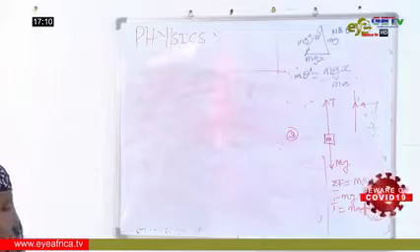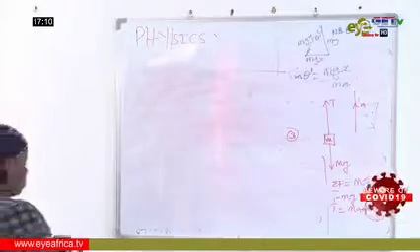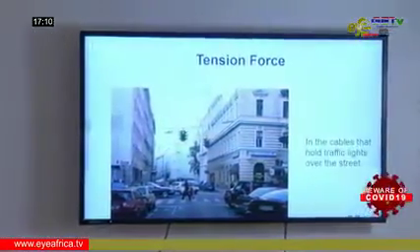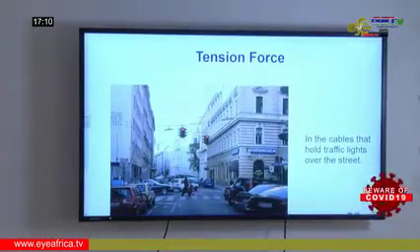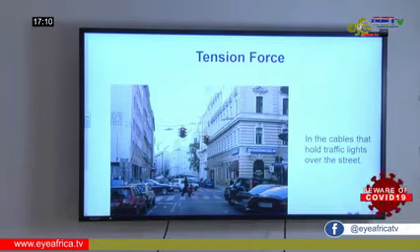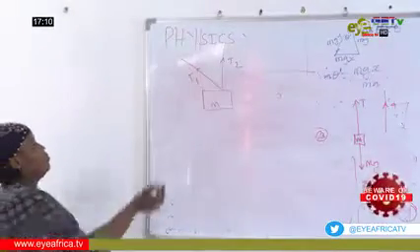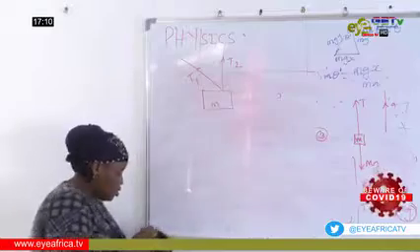Now, let's see this problem. We are told an object of mass m is being supported by 2 ropes, T1 and T2. And the question says to calculate the total forces acting on the object. So the first step is to try and resolve these forces into their components. We will do that. Let me use a different color.